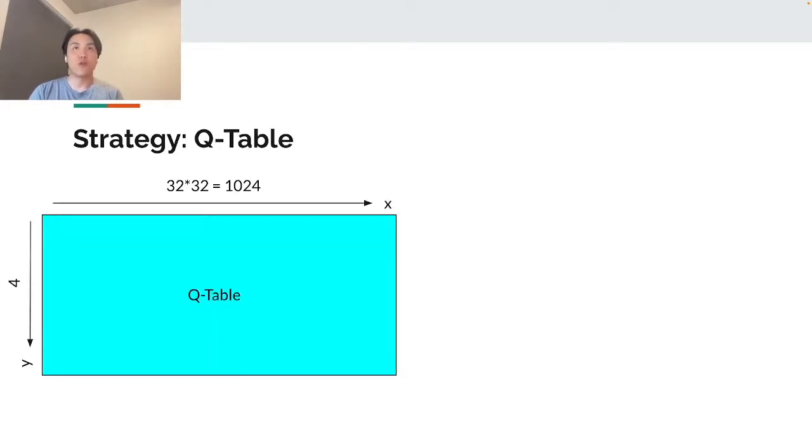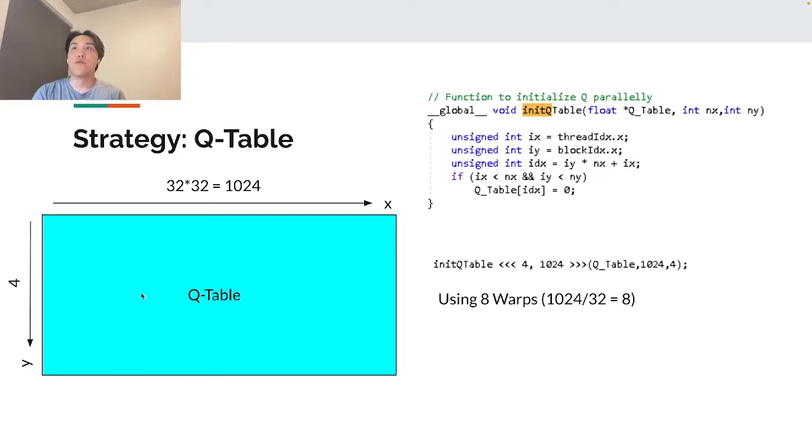So here I'll go over the strategy for the Q table and the thinking process of the data. We have a 32 by 32 board, so we can embed this in the X direction as 1024, and then we have 4 actions which are up, down, left, and right. So we can put this in the Y direction, and this can be your Q table. Of course, this will actually just be linear, coalesced memory. So we use a linear index. When we initialize the Q table, for example, we can just set it all to 0, and we can use this kernel function to initialize the Q table